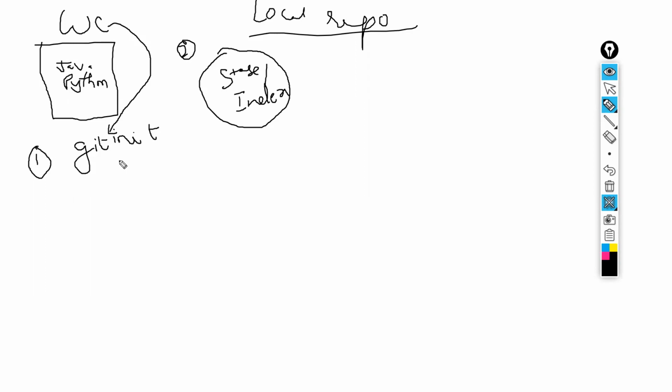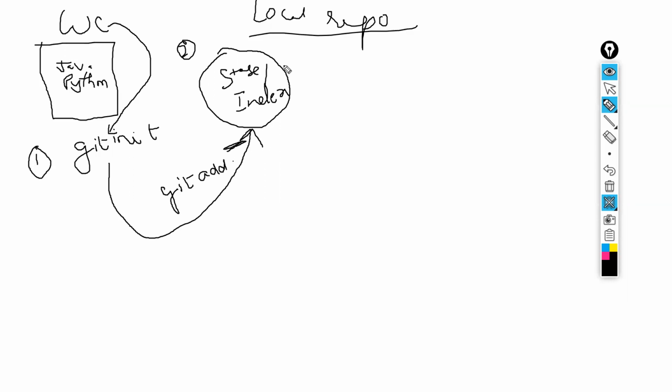To move from this working copy to staged area, we need to use a command called git add. So if we use dot, all the code from the working copy would be in staged area, or you can also use a specified file name. So we'll see all this practically. So in this video, you just try to understand the flow.